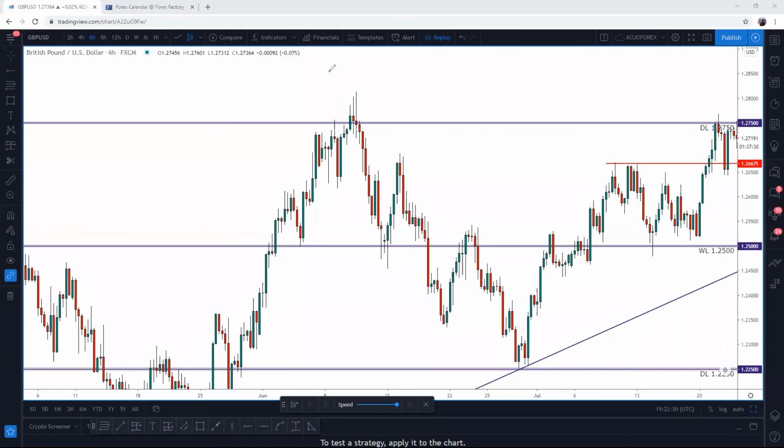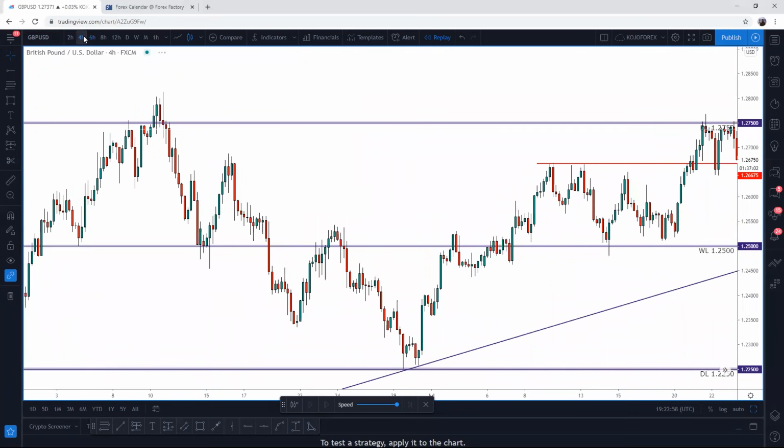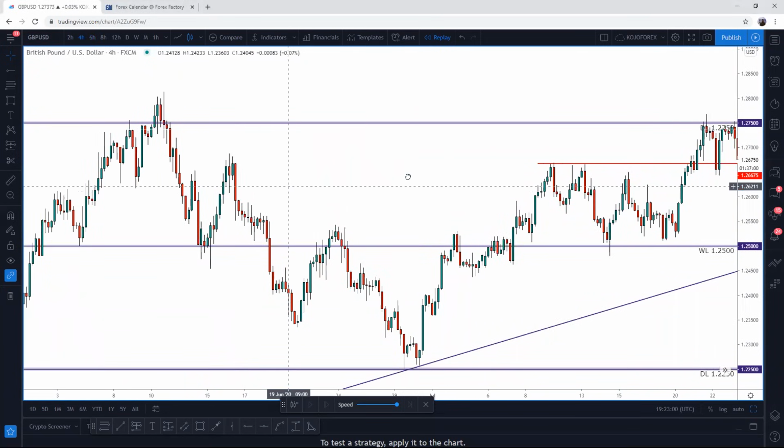So right after there, you can see that there was a big drop-off from this range all the way to this range, which makes about 250, 260 pips on a single position, if you're able to find your entry right off at the top here and put in your stop loss right above the range, which would have been about 40 pips. And then at the end, you realize that it makes up a good risk to reward ratio on the market, right? For the purpose of this, I'm going to switch now into the 4-hour